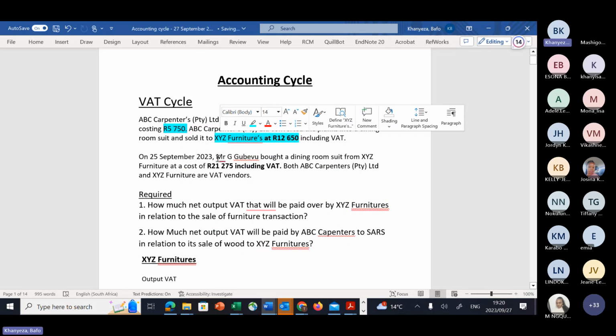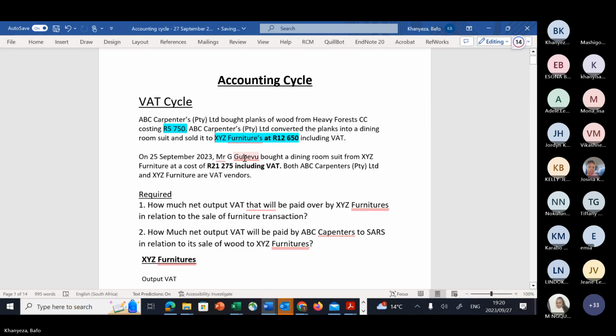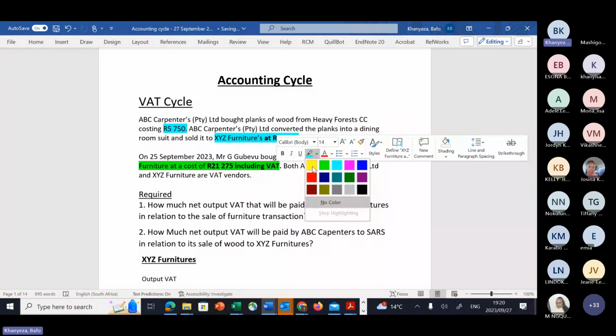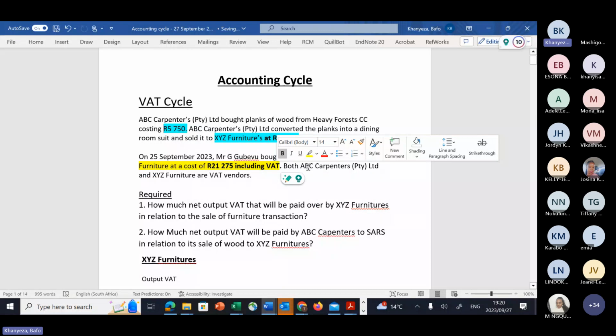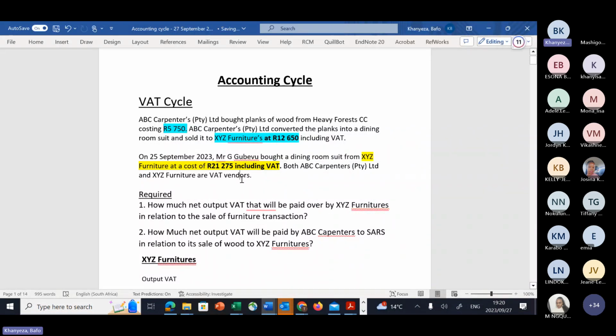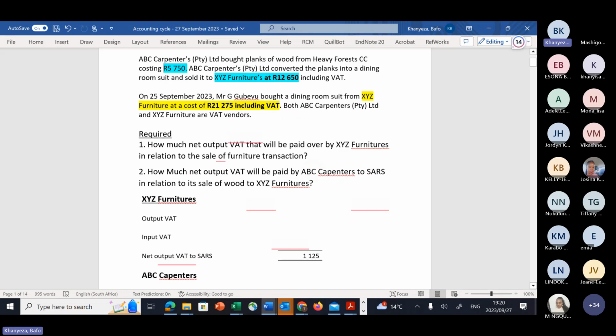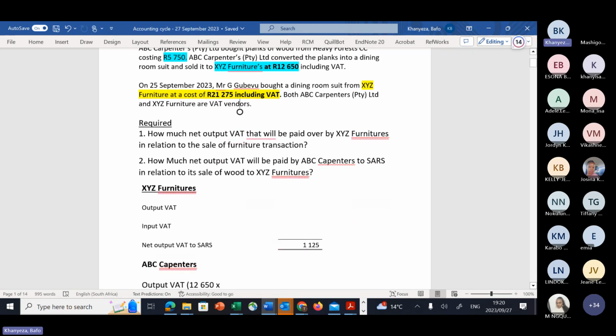On 25 September 2023, Mr. Ch bought a dining suite from XYZ Furnitures at a cost of 21,275. Both ABC Carpenters and XYZ Furnitures are VAT vendors. Now, can you calculate how much VAT is going to be charged by